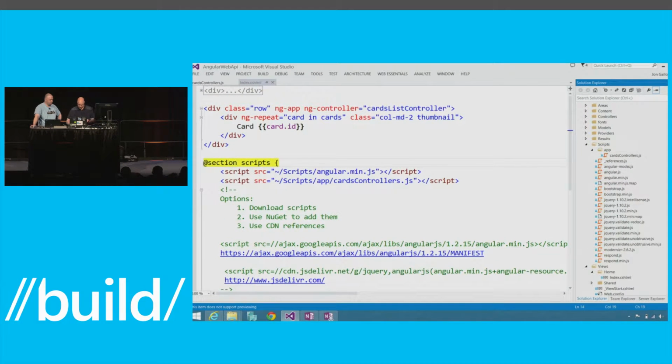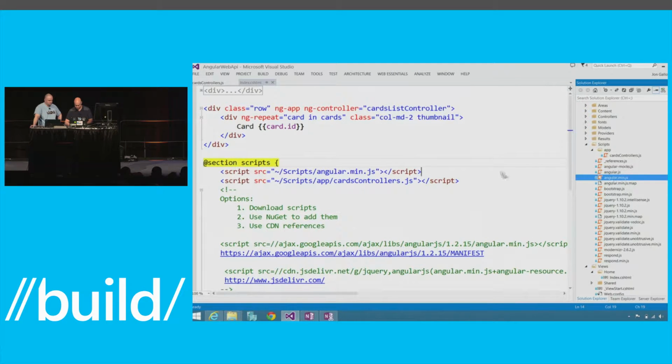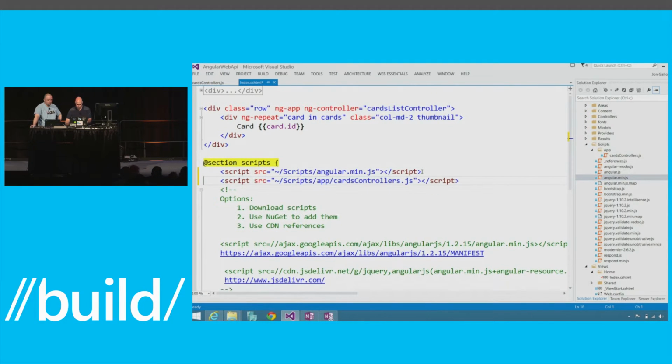OK. One other thing I want to show you with that is, from there, I had these scripts, and to add them into my application, it's as simple as drag and drop them in, right? And so then I've got my script. Visual Studio will handle the stuff where if you've got a min reference in the script map, it'll go chase that down when you're debugging. Simple case right there. The other case, which David showed, was downloading, and you got those from